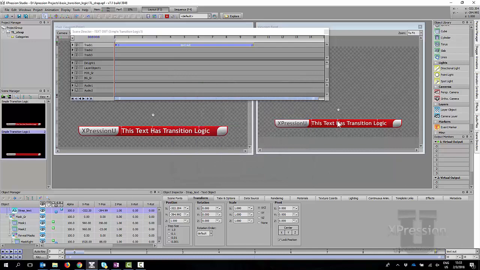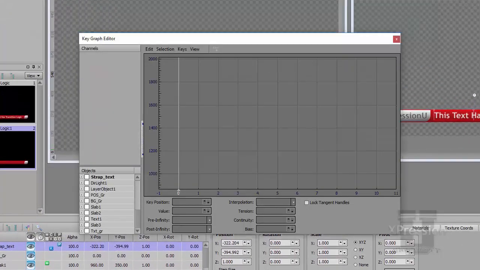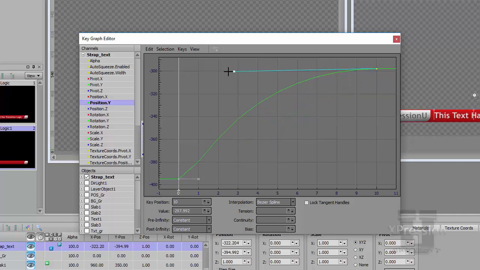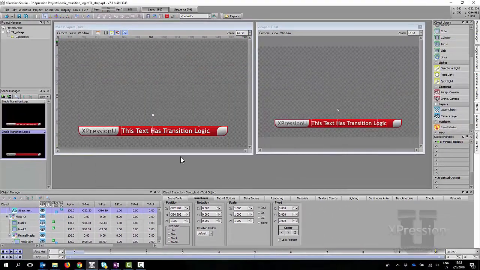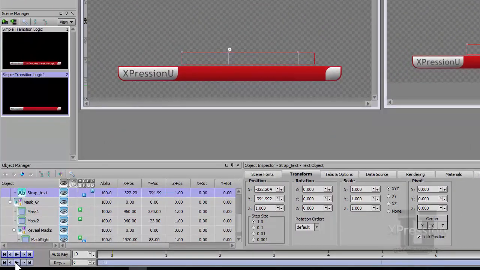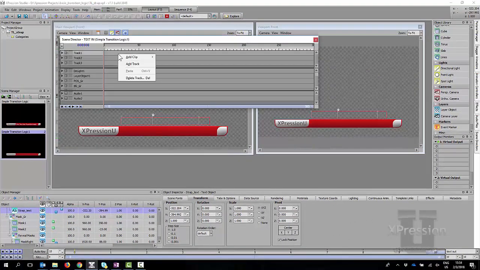I've now trimmed it down to 10, and I'm also going to do Control-Shift-K, close this guy for a second, and then strap position. And again, I'm going to create a bit of a curve on this guy. Might move this one. There we go. So it's going to pop off quite quickly and then slow down. So there we go. Perfect.